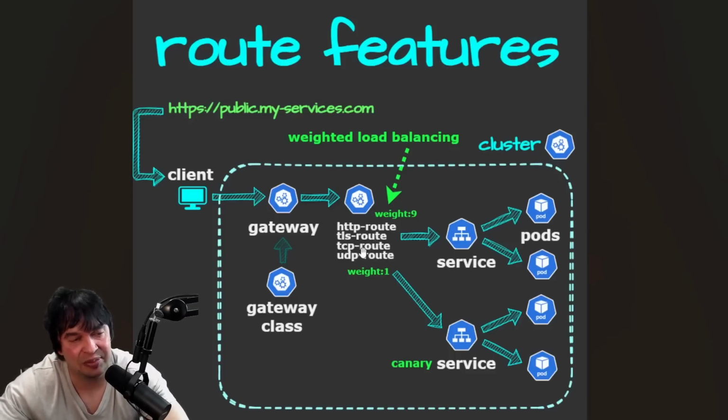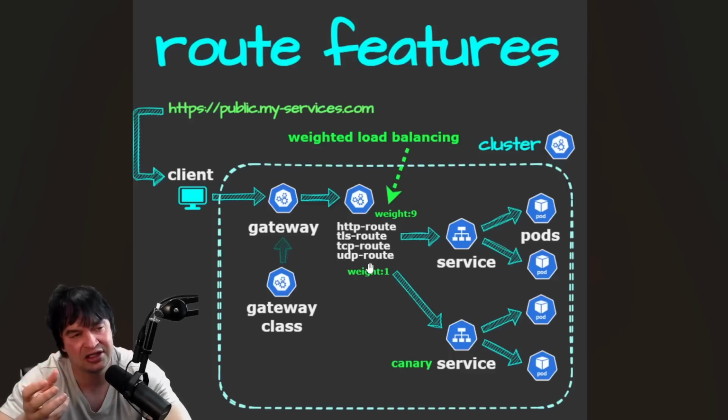We have TCP and UDP routes. Previously with Ingress, TCP and UDP weren't standards. They always had to be supported by certain controllers only. There's also another route called gRPC, and there may be more routes in the future, but one cool thing with